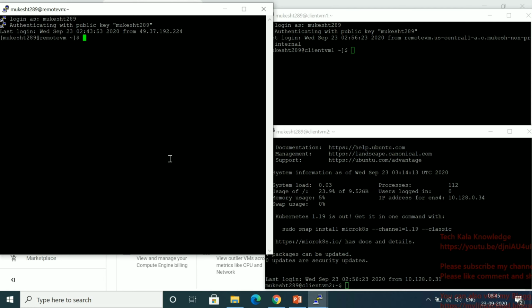So let me check the Ansible version, and how you know whether Ansible is installed or not, and which version is running. You can use this command, ansible --version.